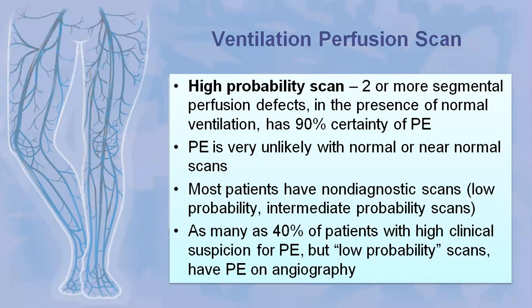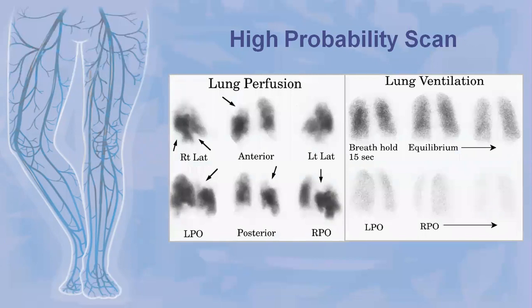PE is very unlikely with a normal or near normal scan. So most of the time, there should be abnormality. Most patients have non-diagnostic scans, so low probability or intermediate probability. As many as 40% of patients with high clinical suspicion for PE but low probability scans have PE on angiography. So here's an example of